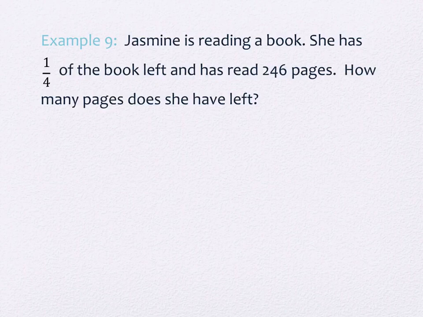Okay, I have 2 questions that are kind of from section C in your book, or like those. Jasmine is reading a book. She has 1/4 of the book left and has read 246 pages. How many pages does she have left? So how could this sort of make sense? Well, she probably has some sort of an e-reader that tells her she's 25% done, right, or something of that nature. And she probably has a paper copy too, and maybe she's reading in a certain location, like she can't take the paper copy into her